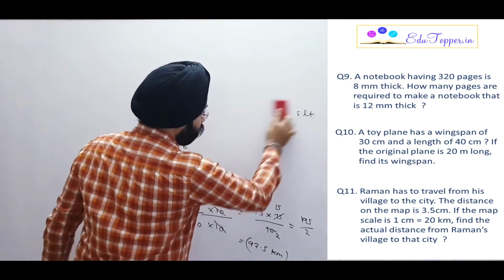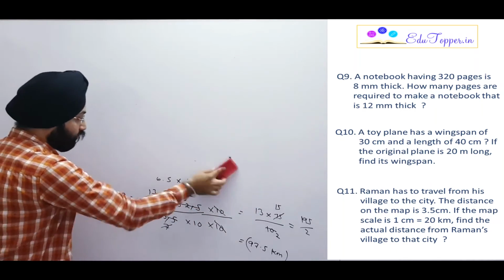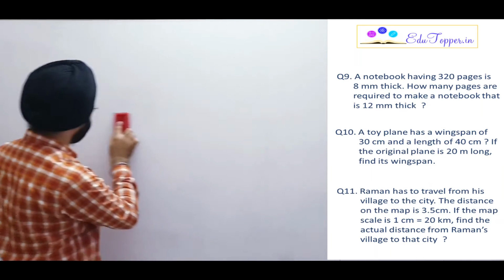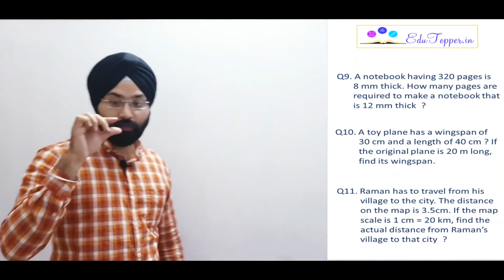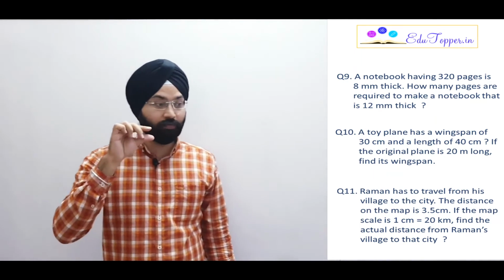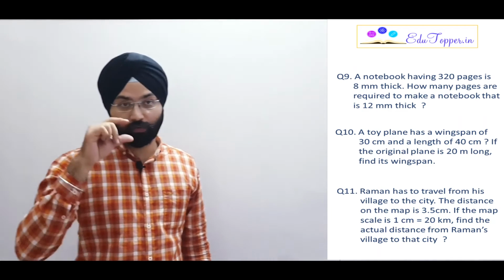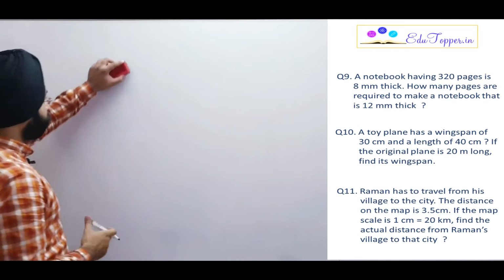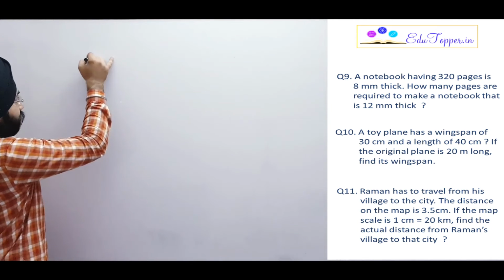So the more pages that a notebook has, the more thickness it will have, right? आपने देखा होगा अगर 100 पेजेस की नोटबुक है तो वो इतनी सी होती है, अगर 300, 400, 500 पेजेस की नोटबुक है तो वो थोड़ी सी थिक होती है, हैवी भी होती है, राइट? तो क्वेश्चन सेज नंबर ऑफ पेजेस